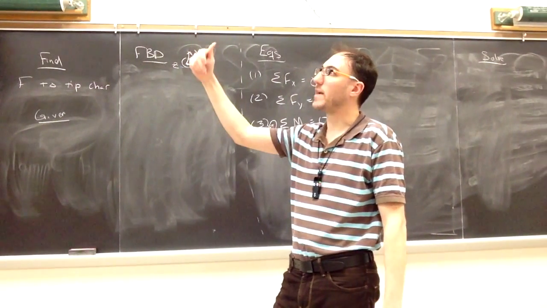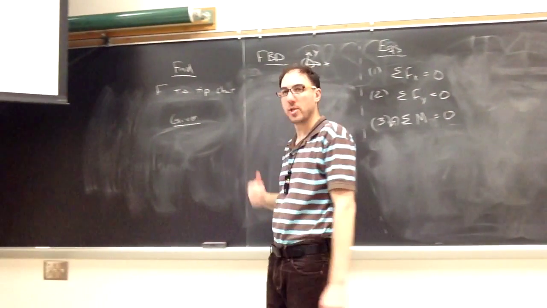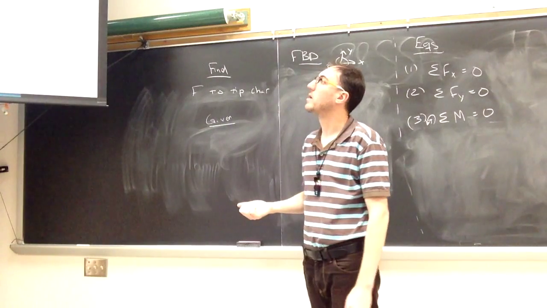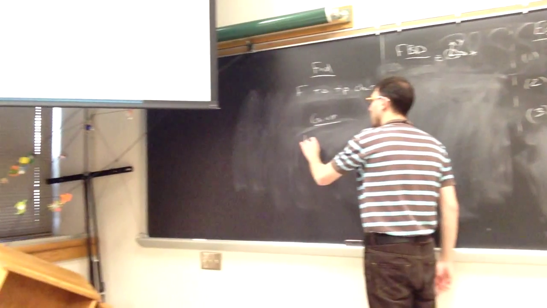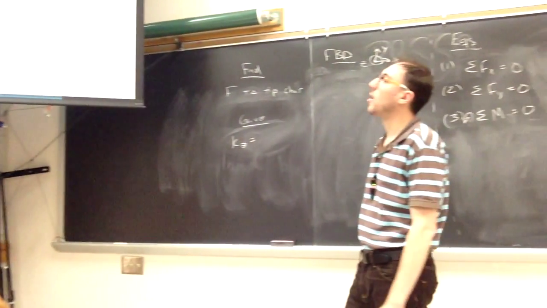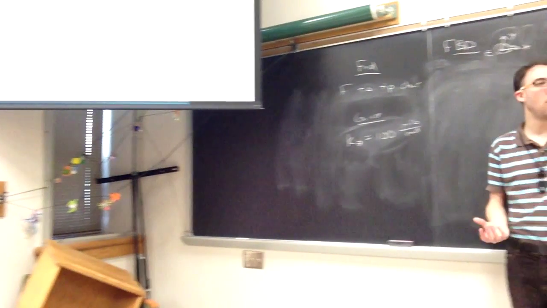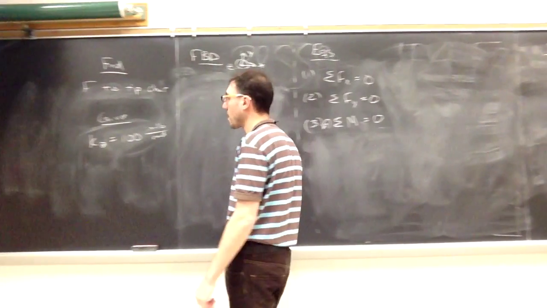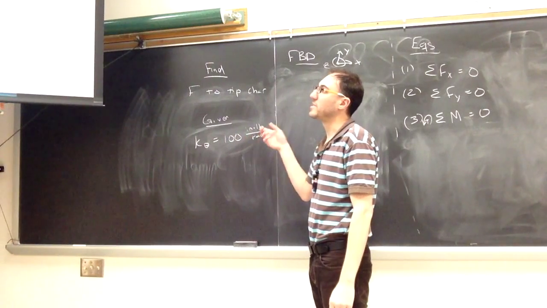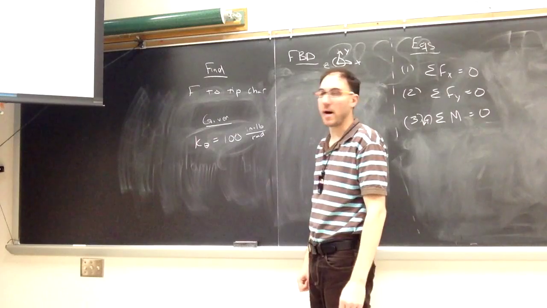At B, we have a torsional spring, which we haven't seen yet. We've only seen linear so far, but torsional is going to behave much the same way. So torsional spring at B, I will call K theta for the torsional spring constant, 100 inch-pounds per radian. A torsional spring will apply a moment in a similar fashion to how a linear spring applies a force. So the torsional stiffness is 100 inch-pounds per radian, and it's pre-wound by 3/4 of a